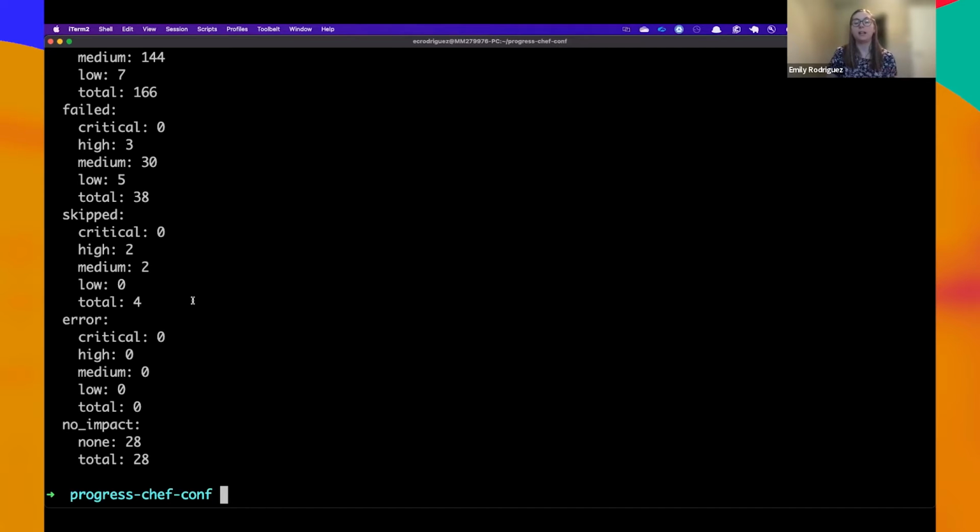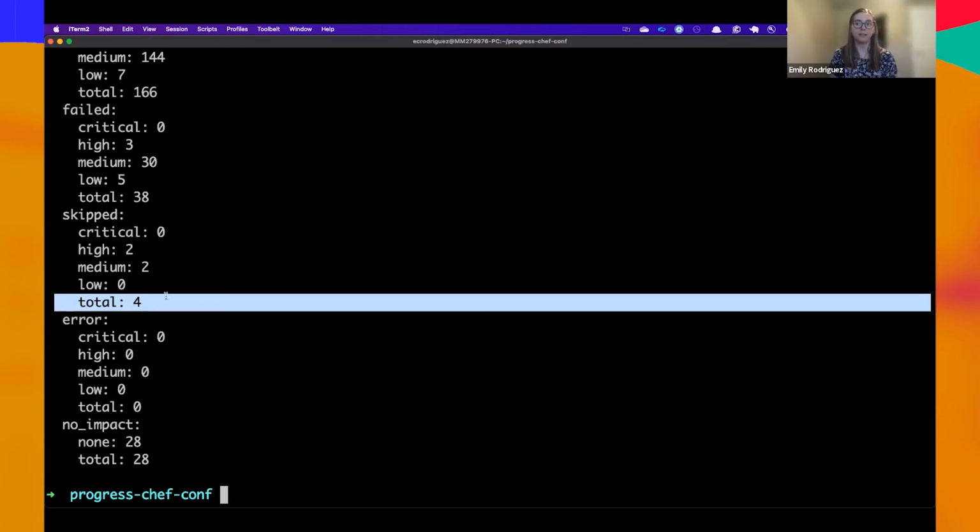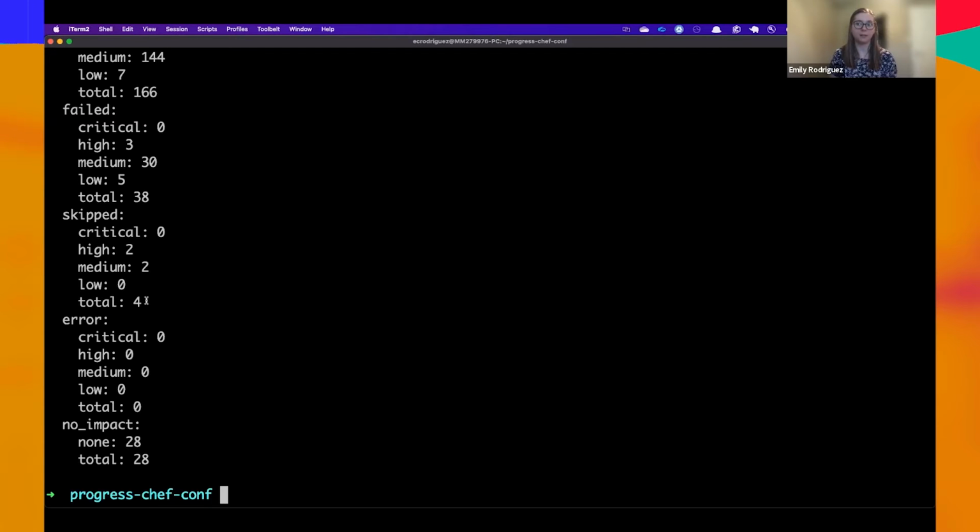So we have not applicable controls, and then we have not reviewed. Not applicable would just be out of scope for the test event, but not reviewed could be why we have a skipped result here. And that could be for several reasons as well. Maybe you need to do human validation for that control, or there's a policy or procedural test or something of that sort. So I'm going to give you a little preview of Heimdall, our visualization app,